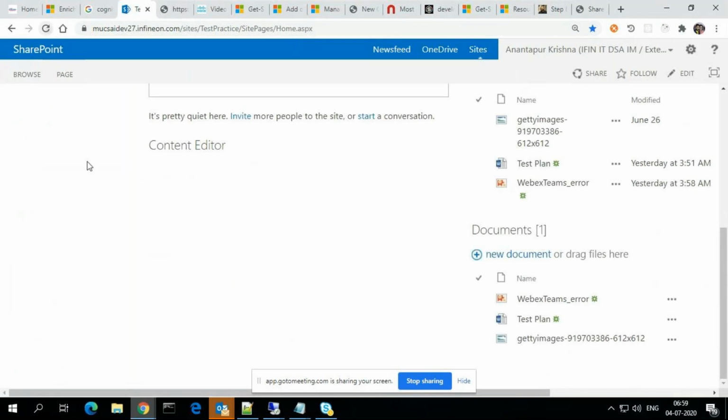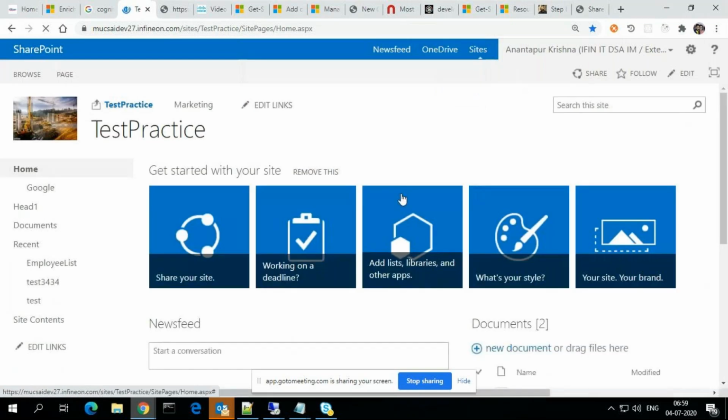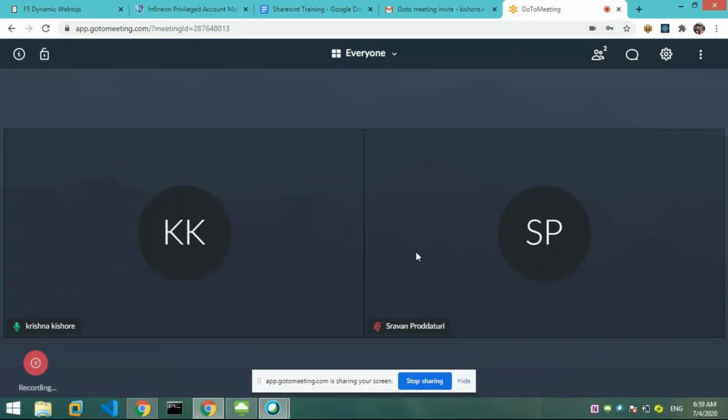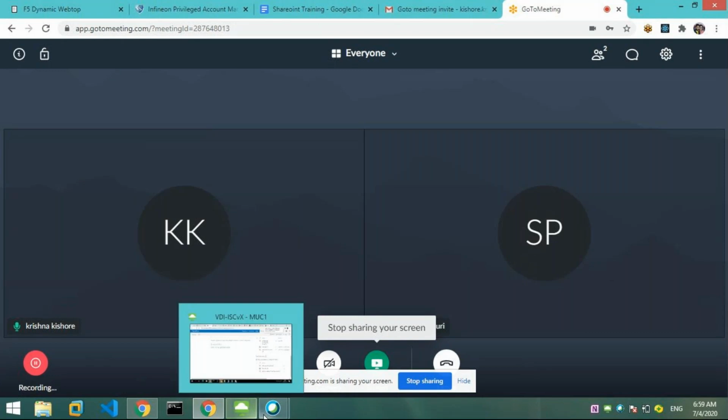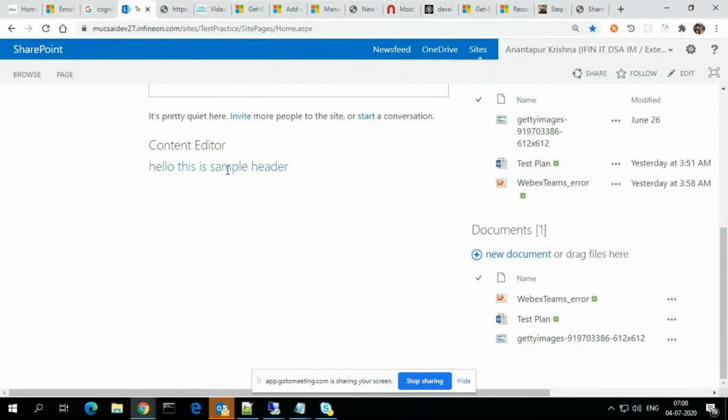If I refresh this, hello world is showing, and also my header is appearing, hello, this is a sample header. So like this we can develop web parts here, based on the content editor web part.